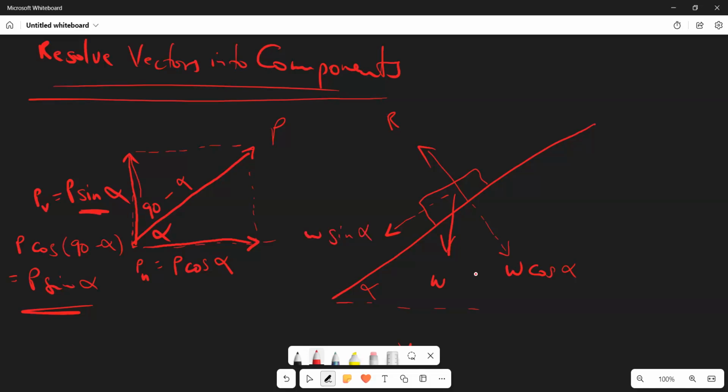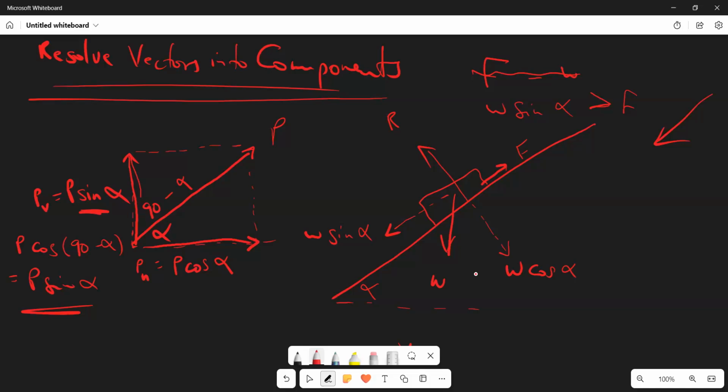And if you want to know, will this object slide down? Well, of course, there's a frictional force acting that way. You have to figure out F. I should say the other way around. If I call W sine alpha, and if that is greater than the frictional force F, well, then the object is going to slide down the